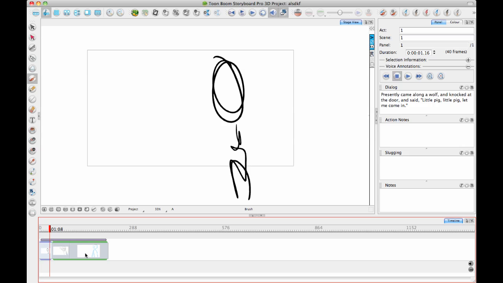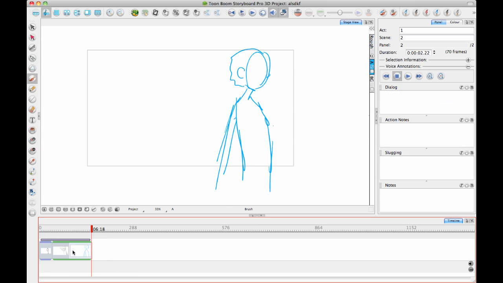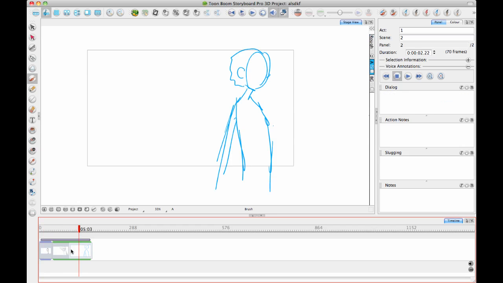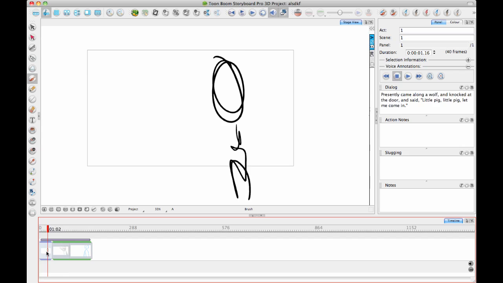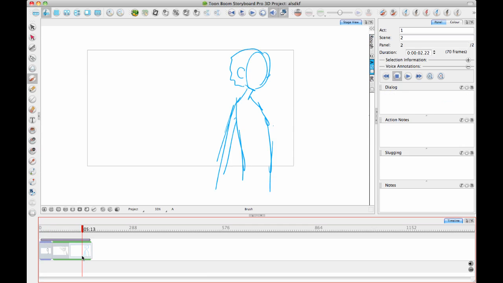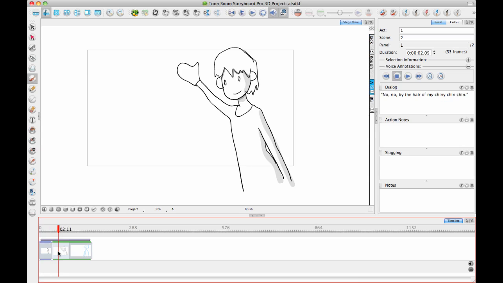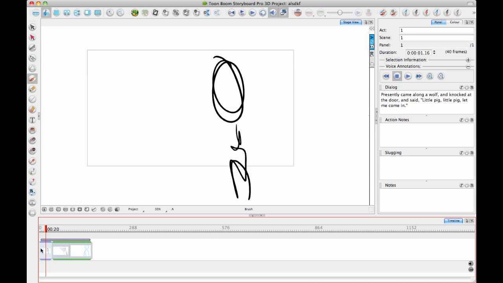So actually what I'd like to do is take this first panel that I drew very quickly in the thumbnail view yesterday, and add it to this scene. Because I want to use this panel as a blocker to block some animation for this guy coming into the scene. Then he's going to wave, and then he's going to turn around. So in order to add this to this scene, I can simply select the panel here and I can drag